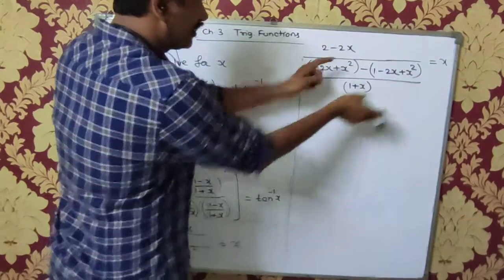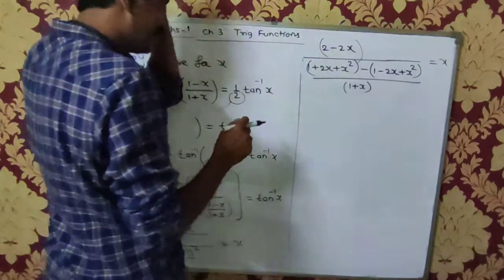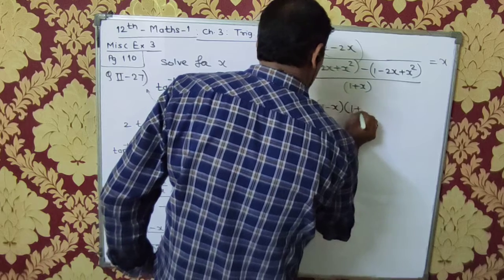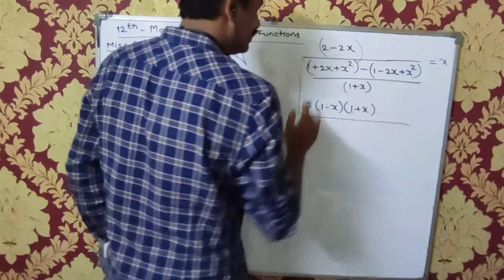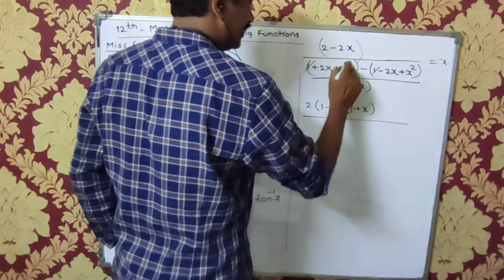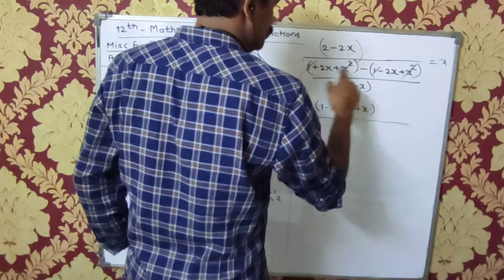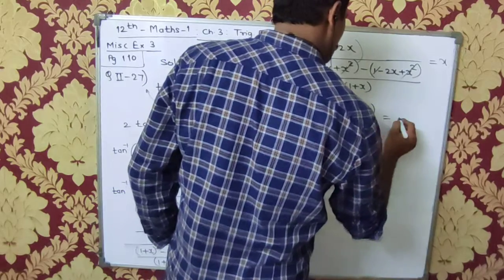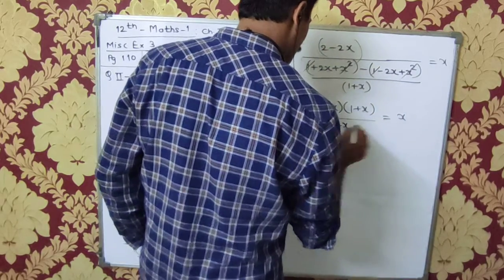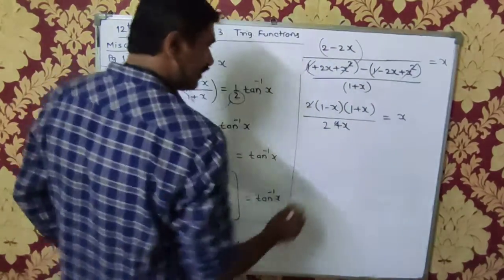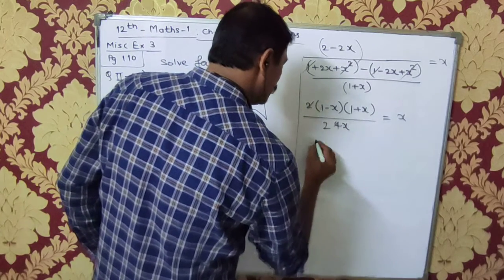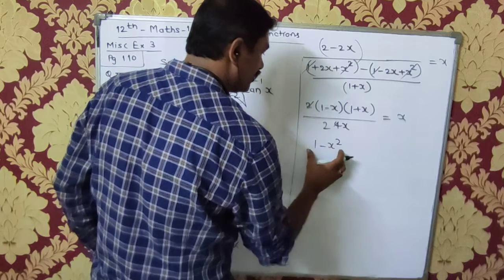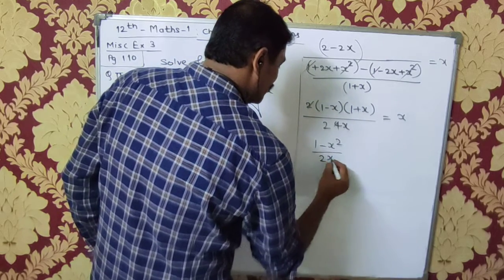अब ये डिनोमिनेटर का डिनोमिनेटर ऊपर चला जाएगा. वेल ऊपर मैं पहले 2 कॉमन ले लेता हूँ. सो दिस इज 1 minus x into 1 plus x divided by, इसमें से 1 कैंसिल होगा, माइनस साइन है, and x square minus x square कैंसिल होगा. 2x plus 2x is 4x is equal to x. 2 2s are 4. ये उधर जाएगा, मल्टीप्लाई करेगा. सो दिस इज न्यूमरेटर आएगा 1 minus x square, a plus b a square minus b square. डिनोमिनेटर का 2x as it is equal to x.